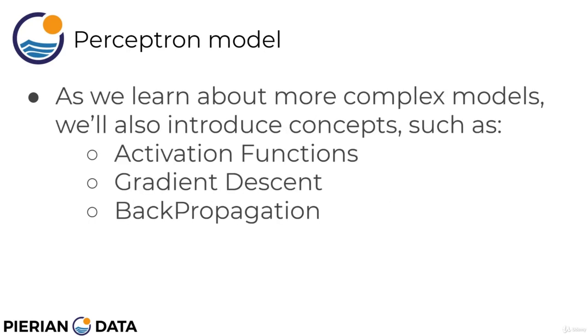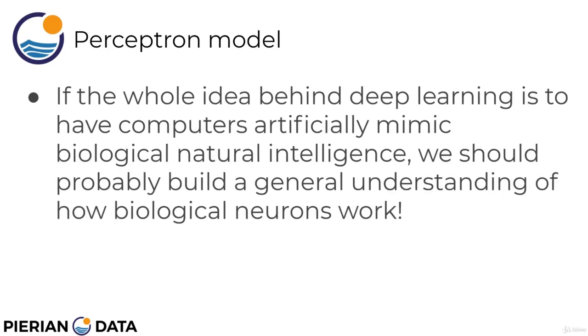As we learn more about complex models, we'll also introduce some key mathematical concepts to the actual mathematical functionality of those neurons, things like activation functions, gradient descent, and backpropagation. But for right now, we're going to focus on just building out that single perceptron model based off a real biological neuron. So, if the whole idea behind deep learning is to have computers artificially mimic biological and natural intelligence,